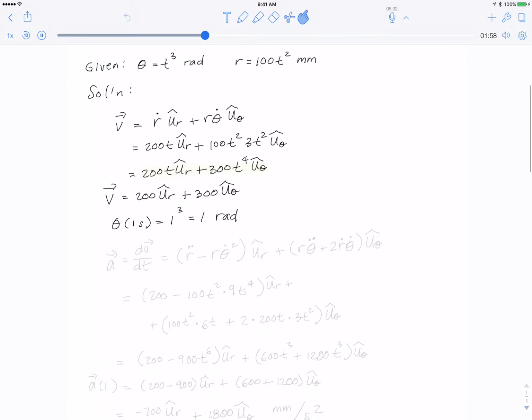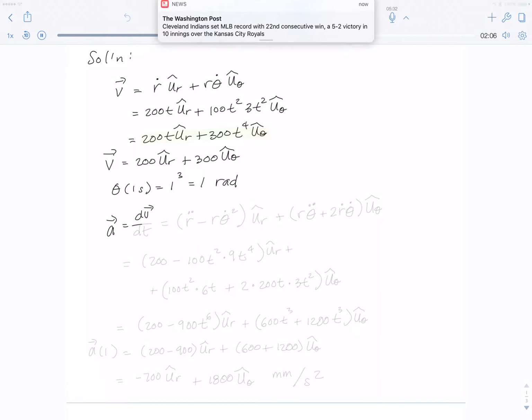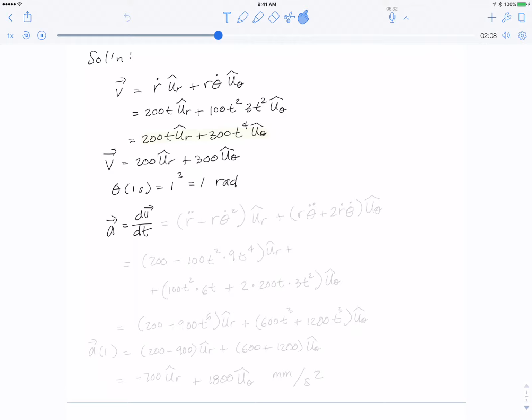Okay, so to get the acceleration, you might be tempted to do this: a is dv dt, because you're thinking, oh, I could just take the derivative of this. But you would be wrong. And the reason is u r and u theta, they're changing too, so you need to be able to get the derivatives of the unit vectors. But we've already done that, and that's why we now have dv dt,